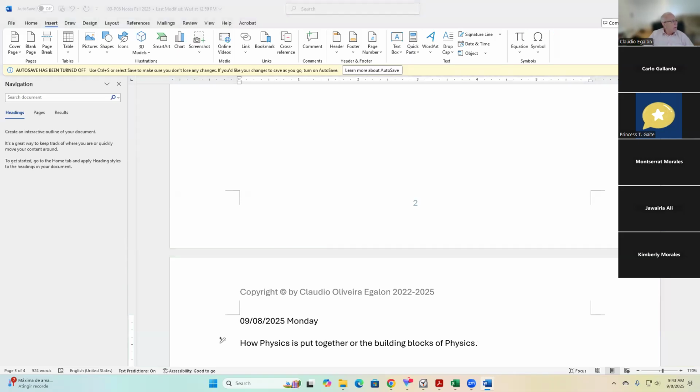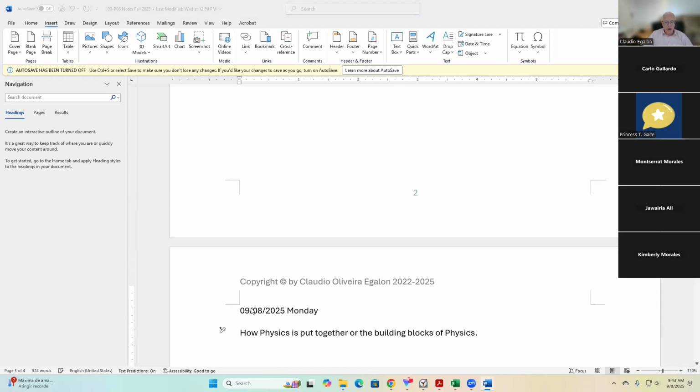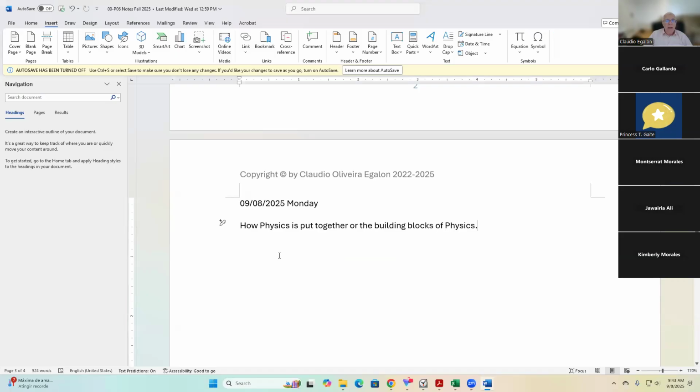There are only three different concepts in physics, which is the starting point. Let's put here the starting point of physics. There are three basic ideas in physics that we start from,